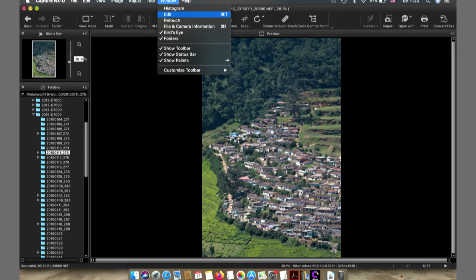In fact, all these softwares will give you a whole variety of outputs that are possible. You can output your raw files as TIFF, as JPEG, as PNG. Then there are so many other formats also. So nothing to worry about there. So now in this case, I've chosen this picture and I'm going to slightly fine tune it.